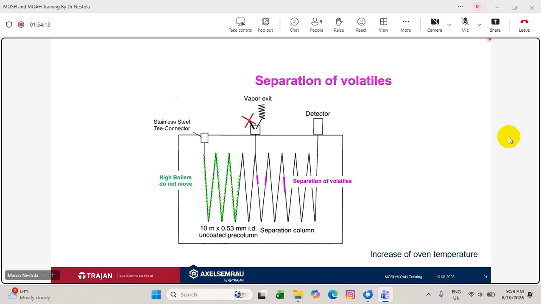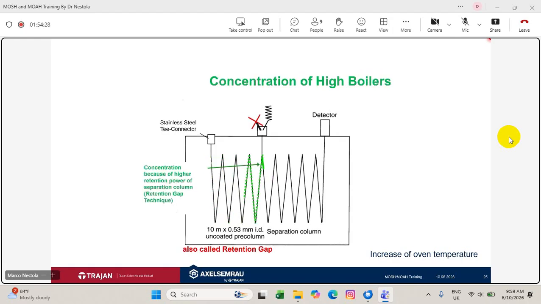So we need to find a way to get that back to a compressed peak. Why this works is because this first column, which I just called a pre-column, has another name: a retention gap. And the name is because it's a gap for retention, which means